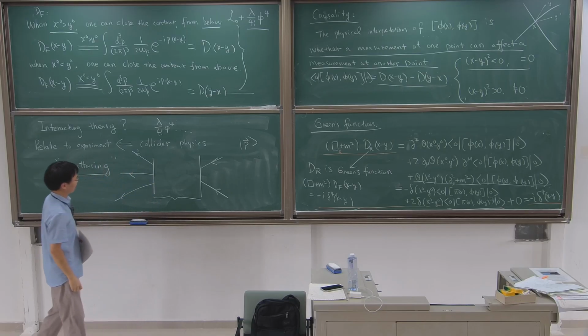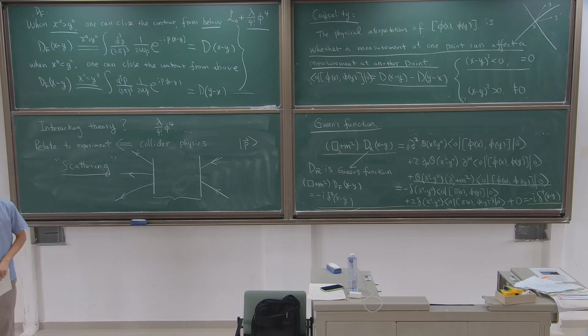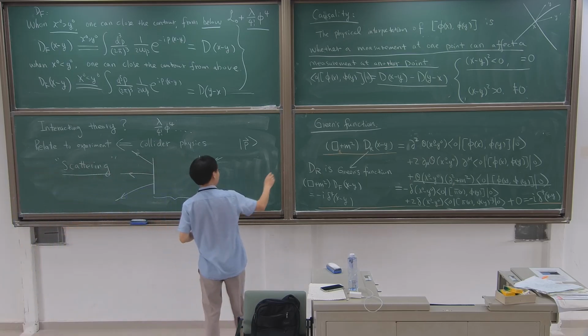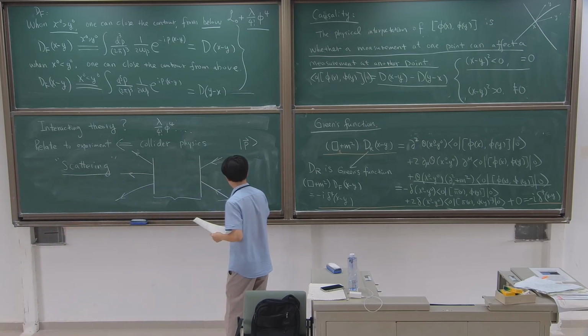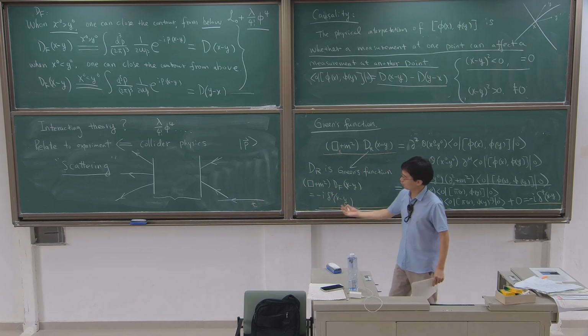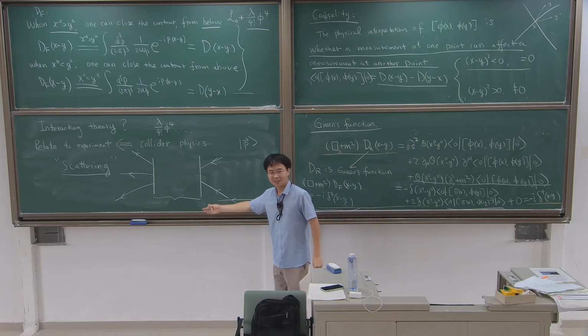This is a very basic picture. I draw this picture with the time evolution direction from right to left. Okay? Then this picture essentially means